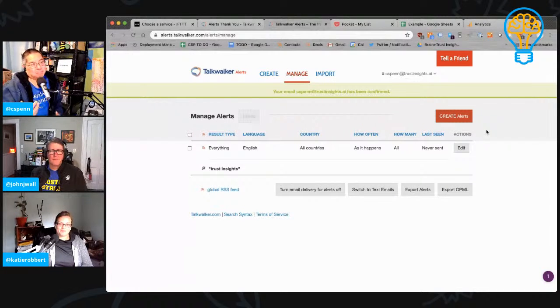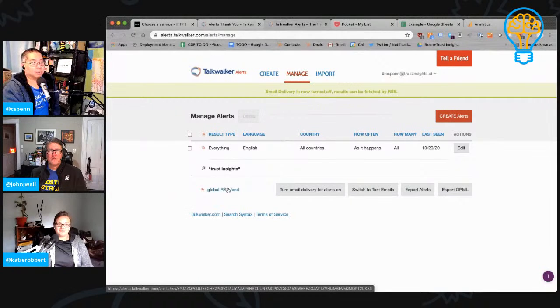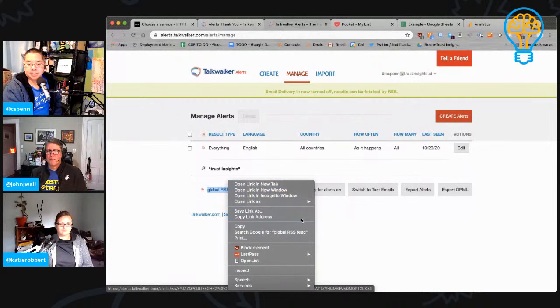Now, as we saw, this is going to send us email. I don't personally want more email. It's not something that's super exciting to me. So I'm going to turn email delivery off. And what you'll see down here is this RSS feed. This is really handy, where this can bring in RSS posts as they come in and send them somewhere. So let's do this first exploration. I'm going to copy this RSS feed.